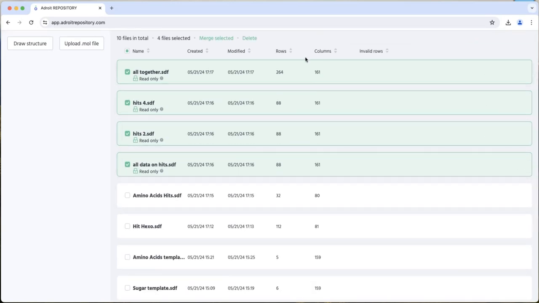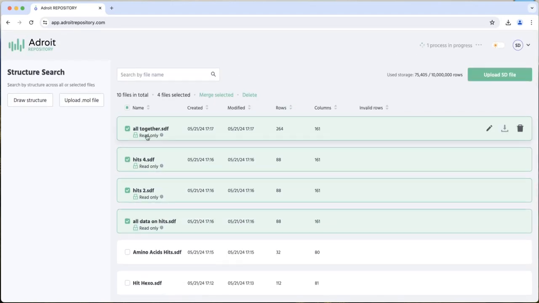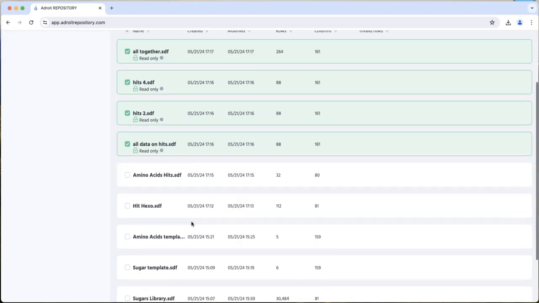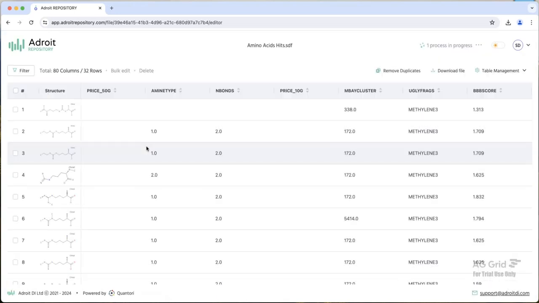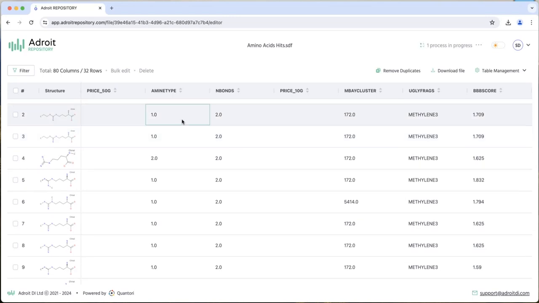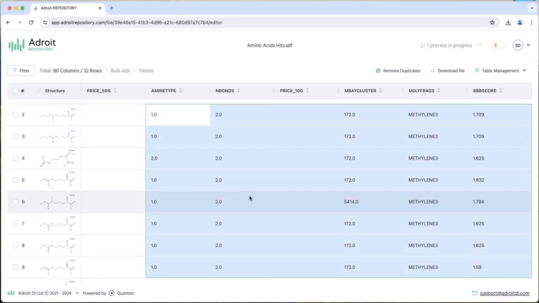Because it's got a smart way of handling the data, it preserves the integrity. Now, while you're doing it, it goes to read only. So whilst I'm waiting for that to complete, there are a couple of other fairly cool things that you can do. I'm sure you've been in a position where you're trying to get a load of hits and export